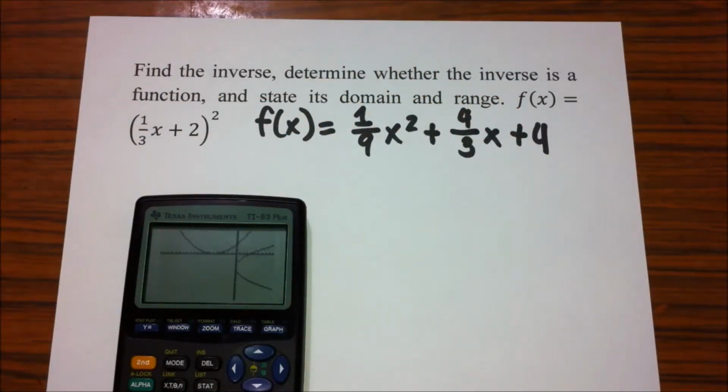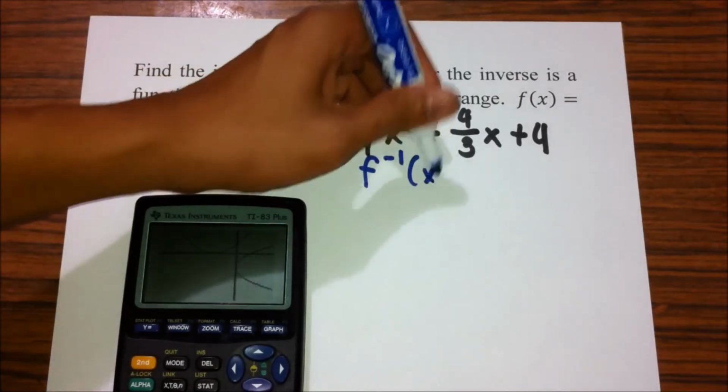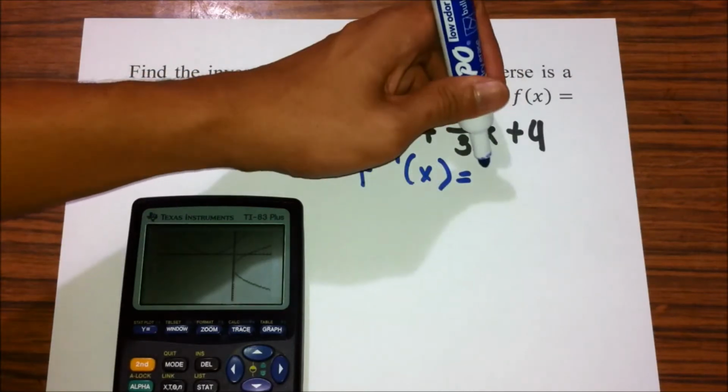Now we have just graphed the inverse, and it is time to determine whether or not it is a function. We will use a test called the horizontal line test. The objective of this test is to check whether or not there is a repetition of y values paired with different x values. If there is a repetition, then this inverse graph is not a function. Just by looking at it, I can see that the inverse is a function, because there is no repetition of y values, meaning the curve does not go up and down like a hill. So, this inverse graph is f raised to negative 1 of x is equal to 3